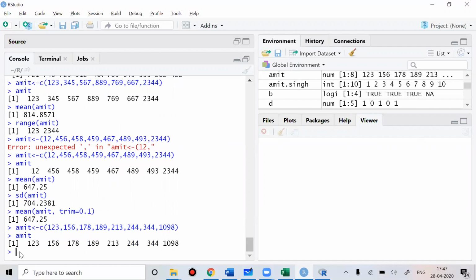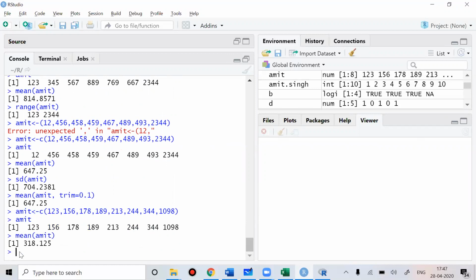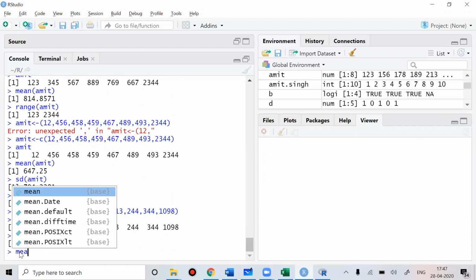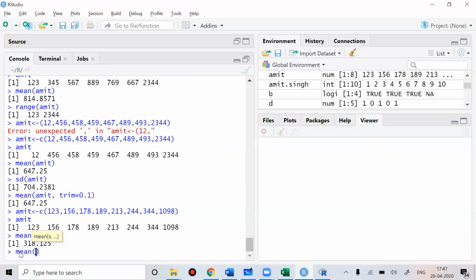Now these are the values. If you find the mean of Amit, you are getting 318.125. If I say tell me the mean of Amit, trim